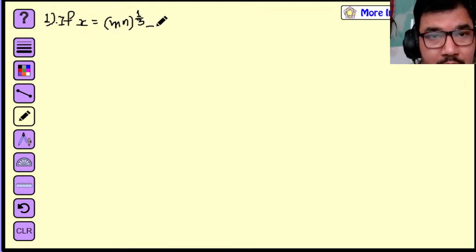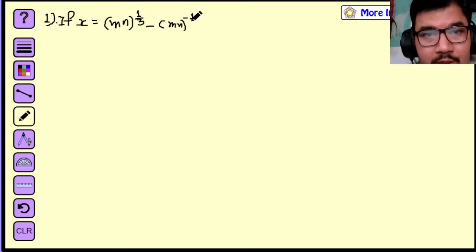and minus another is given there also, mn, its power is negative, minus 1 by 3. This is the given value, and it asks us to prove,